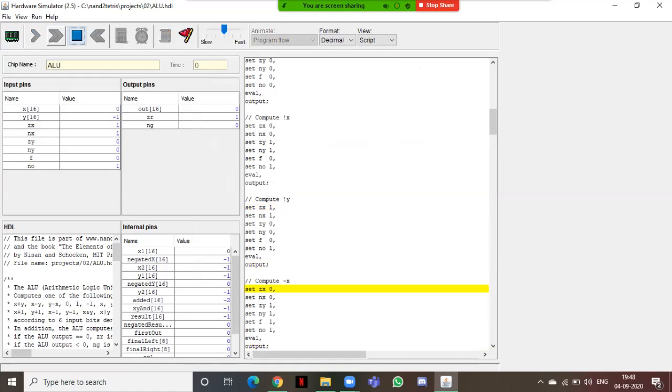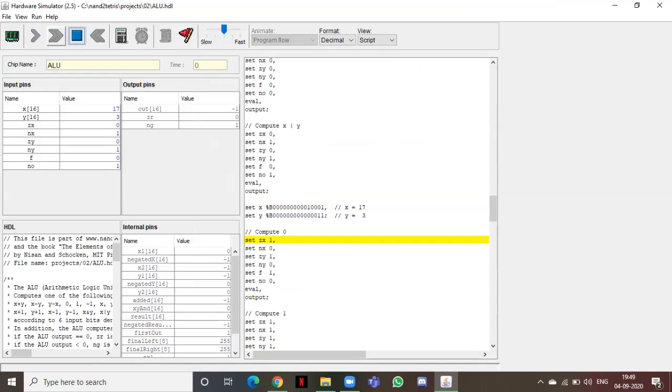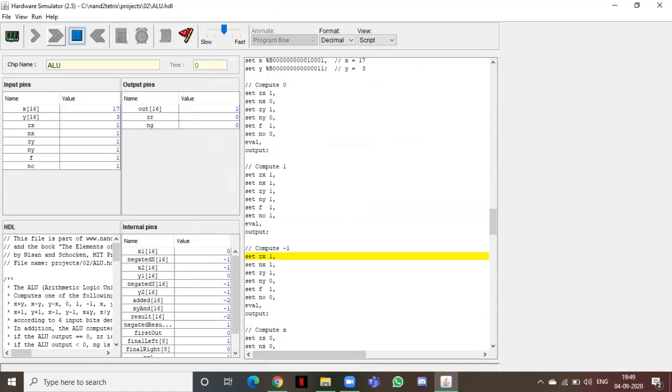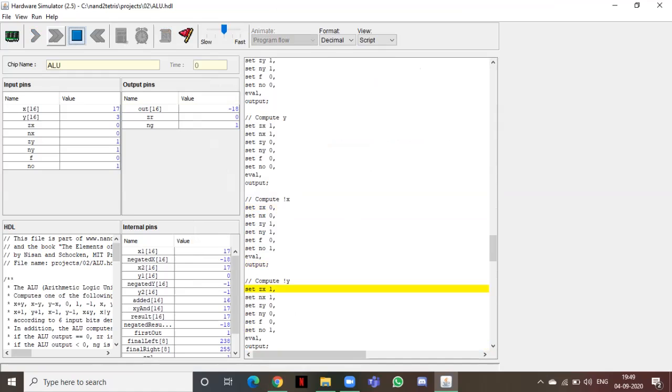It's way too long. Look at the internal pins.